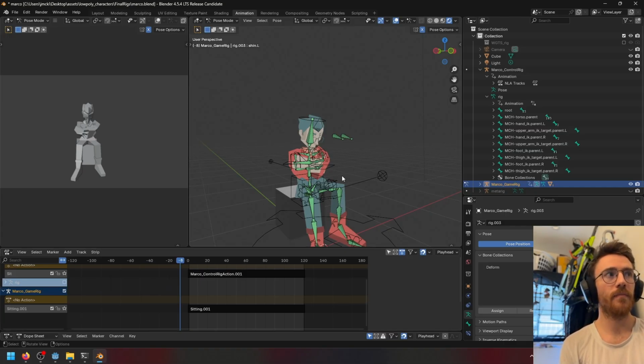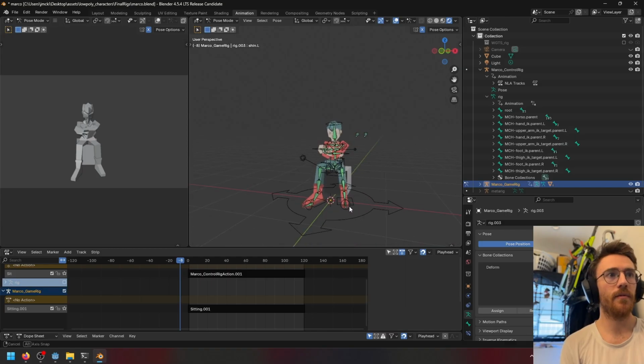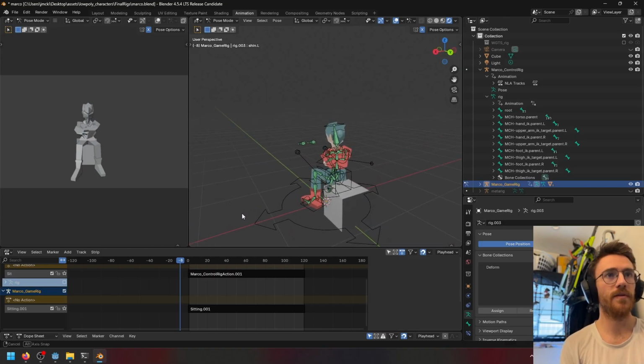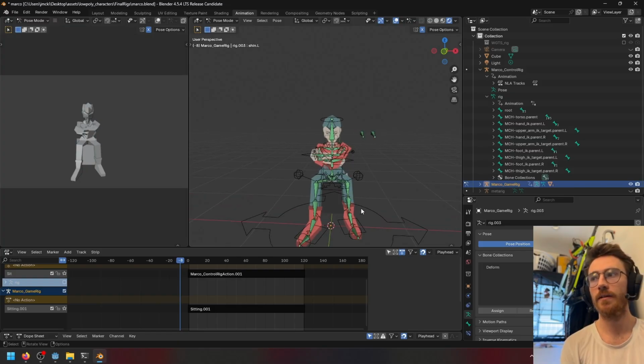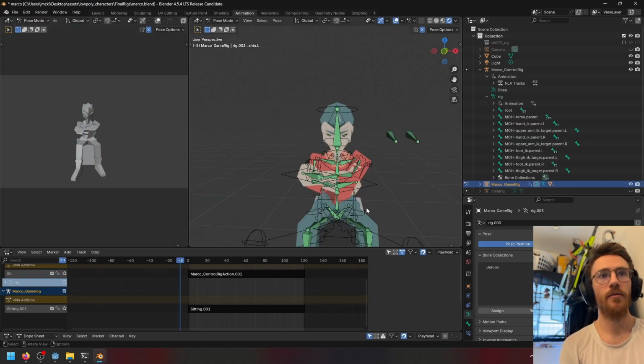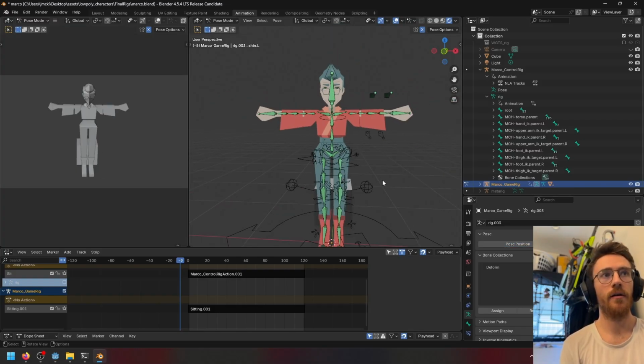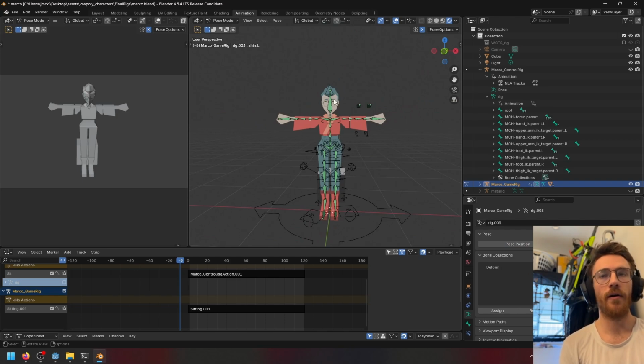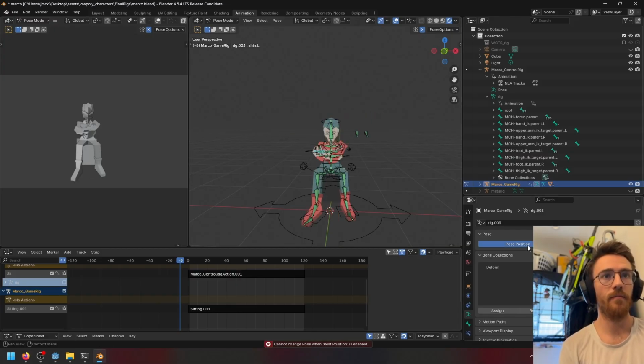Yeah, so this is the rig, and with the rig, now I can basically give the characters animations, right? And not only can I make my own animations using Blender's animation functionality, but I can also